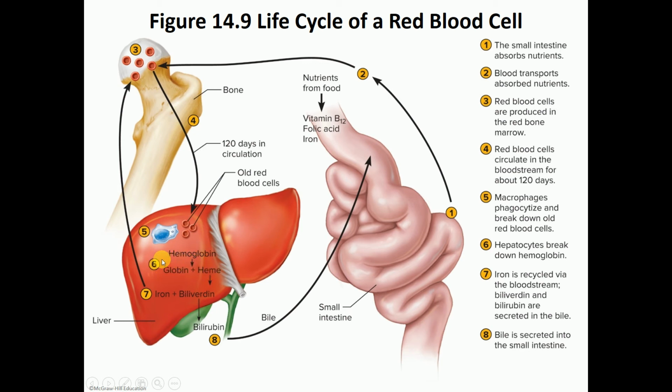Well, globin is actually a protein, so the body is going to reuse that, recycle it, in order to make new hemoglobin. As for the heme part, that will break down into iron and biliverdin. Iron, again, will go back to your bone marrow and be recycled to make fresher and new RBCs, while biliverdin will change into bilirubin, and that will be